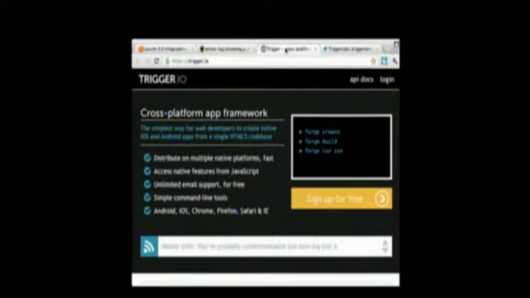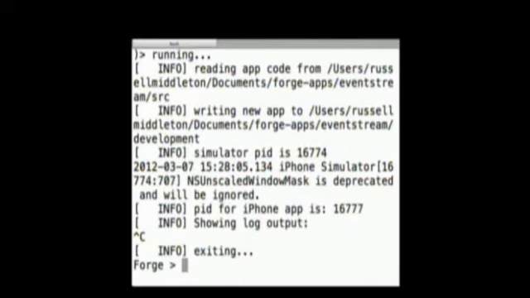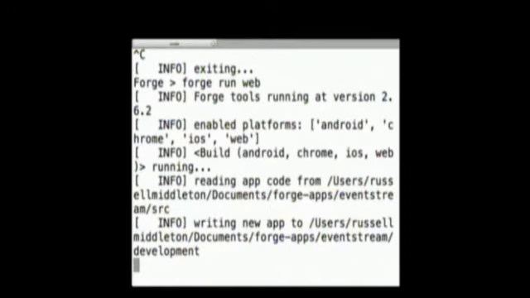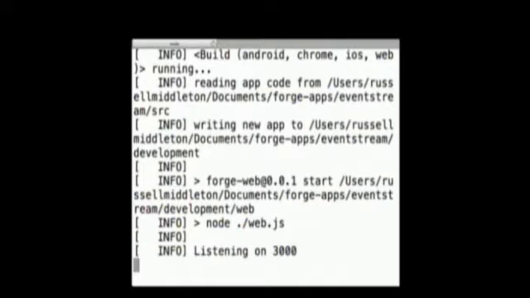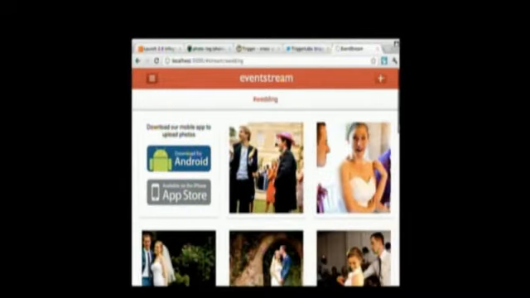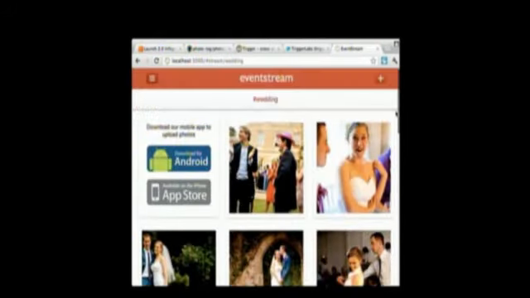All Russ does is go back to the command line and type forge run web. Just like the other commands, this is really simple, takes just a couple of seconds to complete, and when it has completed, a tab opens up in his browser, and there's the same code base deployed as a web app right there with the same stream of photos that you saw earlier. That's how quick and easy it was to create the web app to go together with his native iOS and Android apps. That's cool, and that's why we're so excited today to launch here at this conference our Build to